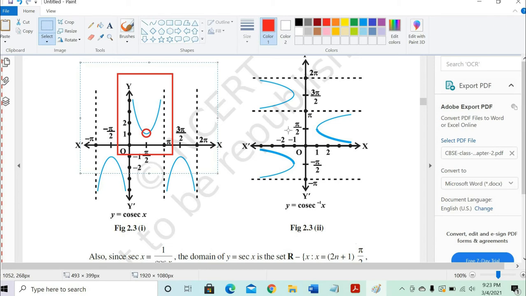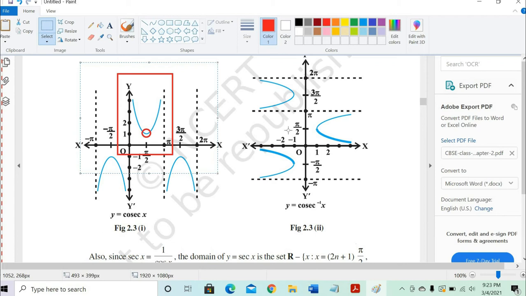Could you explain domain and range once again? Those are a little bit confusing. No problem. See, domain is basically, on y is equal to cosec x, the domain is on the x-axis. All the angles you see, 0, pi, 2 pi, 3 pi by 2, 2 pi, then on the negative x-axis, minus pi by 2, minus pi. These are called the angles, the angles in radians. That is called the domain because that domain is x.